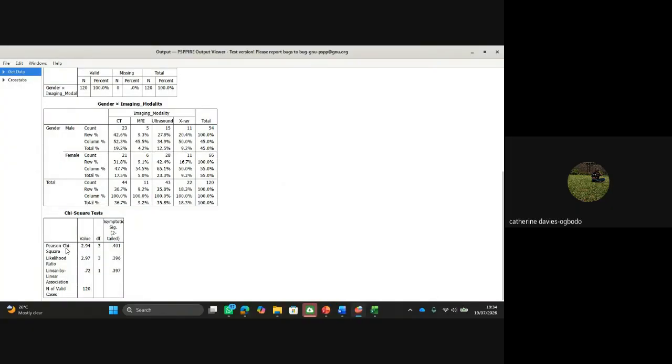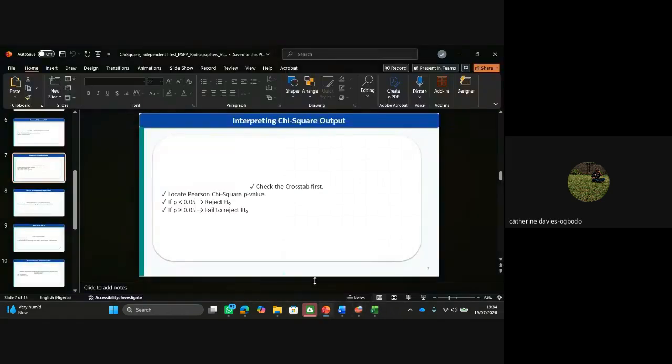our Pearson chi-square to be 2.94, and this DF means degrees of freedom. Then it shows that it's a two-tailed test, and the value that it gave us is 0.401. Now, the value that we're going to use to interpret is our p-value, which is the value that was given to us from our Pearson chi-square of 2.94. Now the rule says, which we would read in this slide, that if p, which is your p-value, is less than